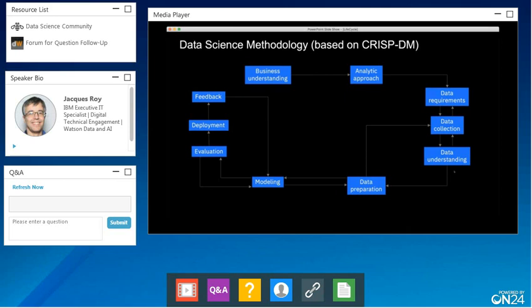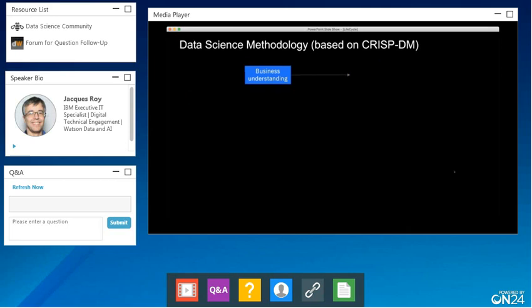So looking at this methodology, we can start with the first step, which is the business understanding, and you can see here, when we talk about business understanding, everybody that's been in the field, in business for an amount of time has some experience there. And it's amazing how we can get to some points where people will say, okay, we want to apply machine learning and AI to our company, but they can't define the business problem properly.